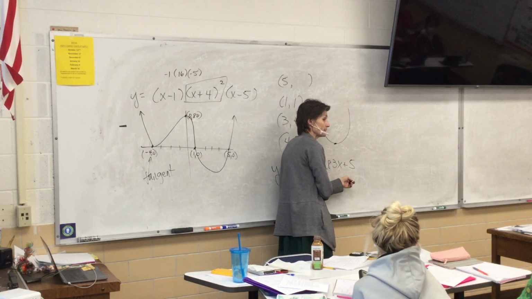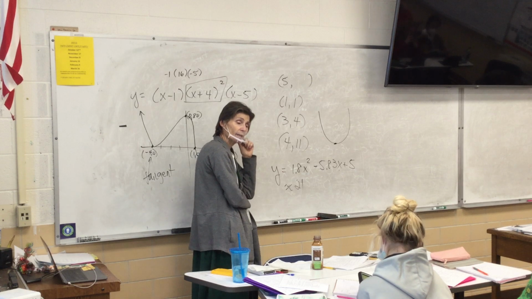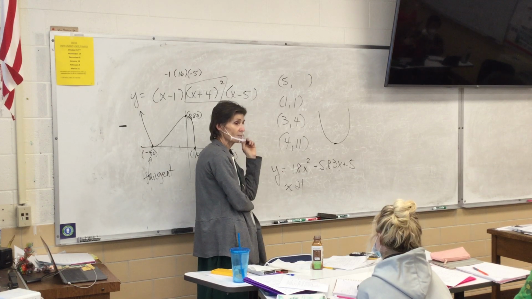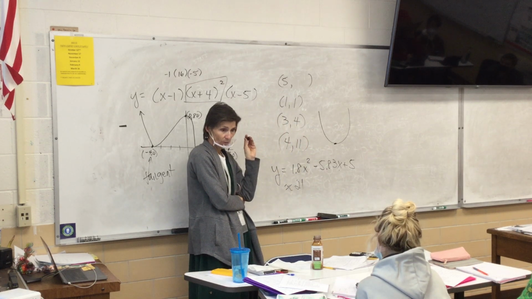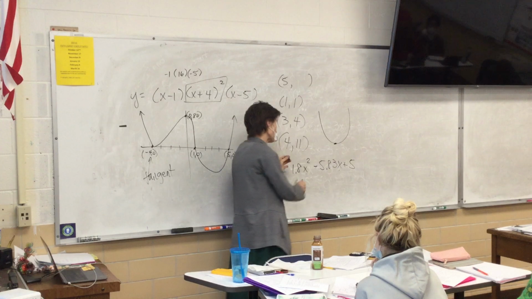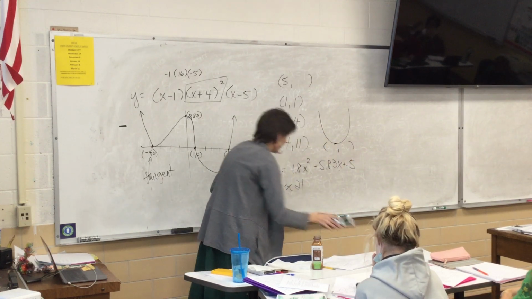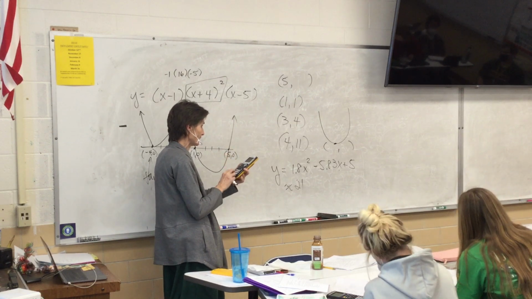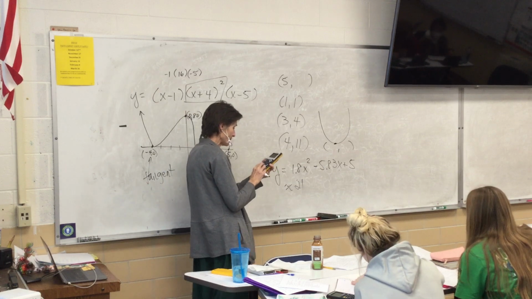How do we find the vertex of this? We've already done it once today. How do we find it? No, we're not doing this graphically. How do we do it without the calculator? Negative b over 2a. So you may need a calculator for the arithmetic. But a lot of these problems are not calculators, so you need to remember negative b,